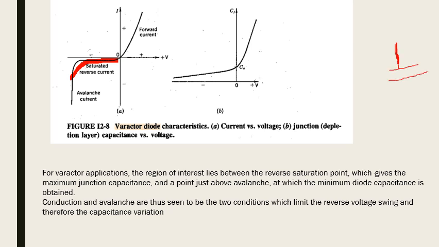The idea of showing a variable capacitance over here is that, as you must have seen in lower semesters, at higher frequency, at micro frequency, a lot of energy is stored within the gaps between the plates. So, depending upon the width of this region, what do we call it? We call it the width of the depletion region, and the amount of bias we are applying over here, it immediately starts conducting. So your entire varactor diode region works between the saturated reverse current and the avalanche current.